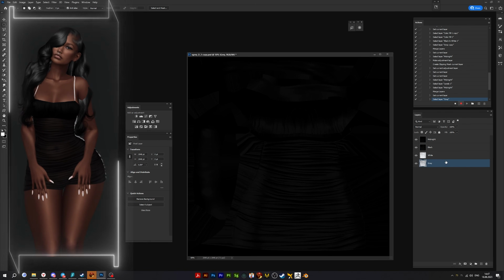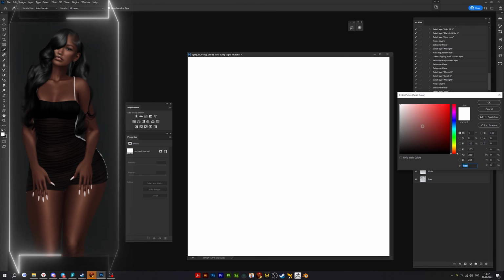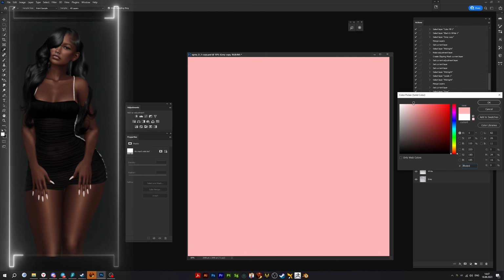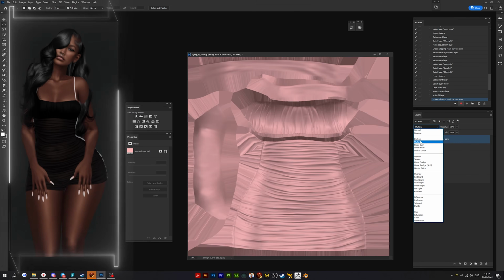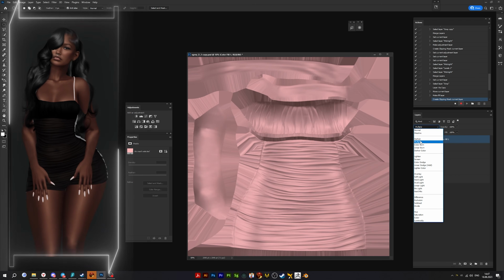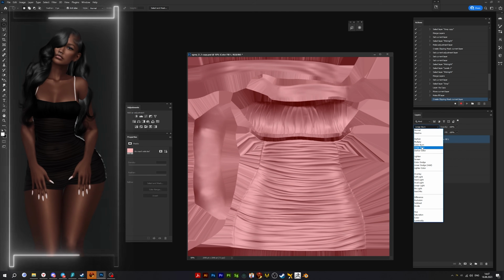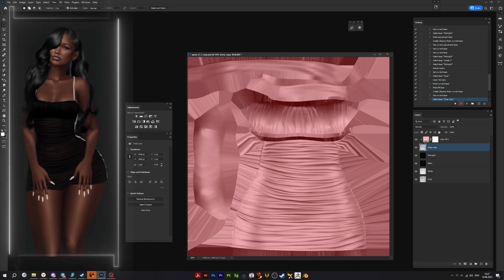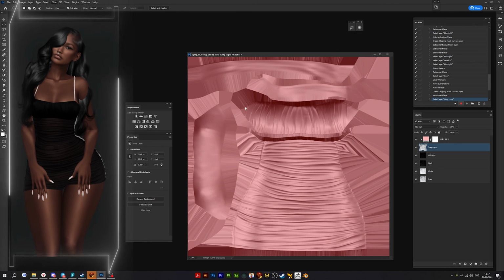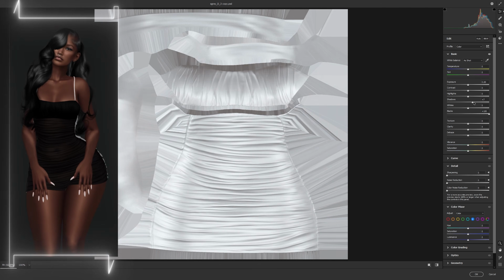And let's make some pink colors. Usually I do everything with the solid color. So pink. And I do not use multiply because it looks flat to me. So linear burn is better. Also, maybe we need to get rid of those shadows on the boobs because I don't like them.